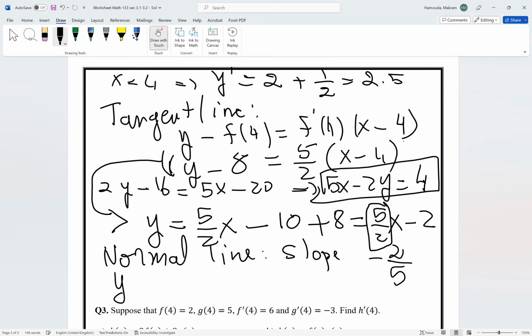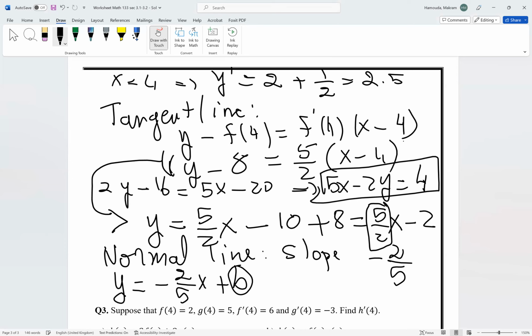So the equation will be y equals minus 2 over 5x plus b, which is the intercept point here for the normal line. How to find the b in this equation? That's simple. Just replace the point, which is 4 and f of 4, we computed this, is 8. So for 8,